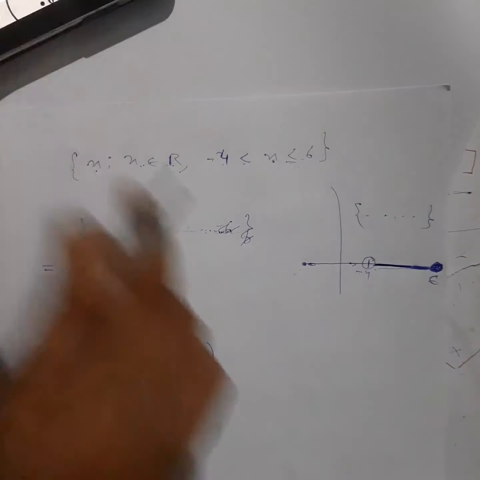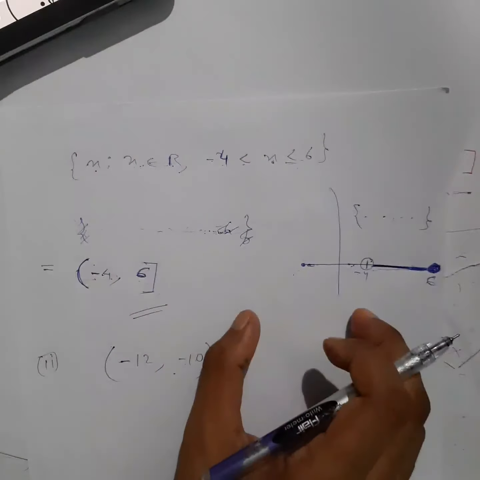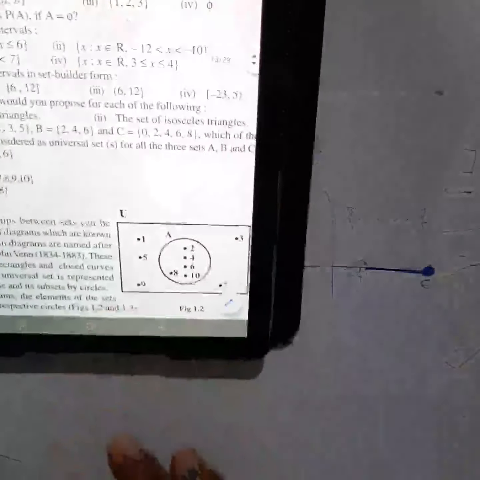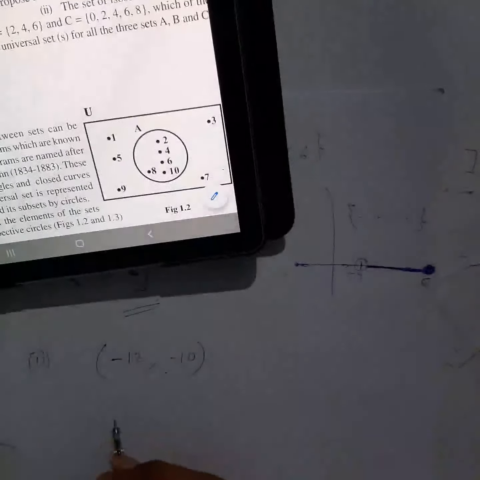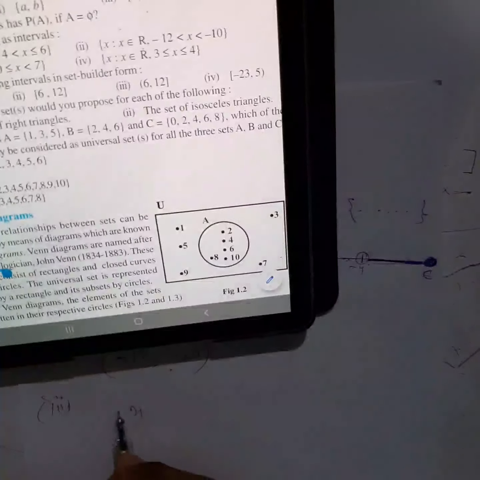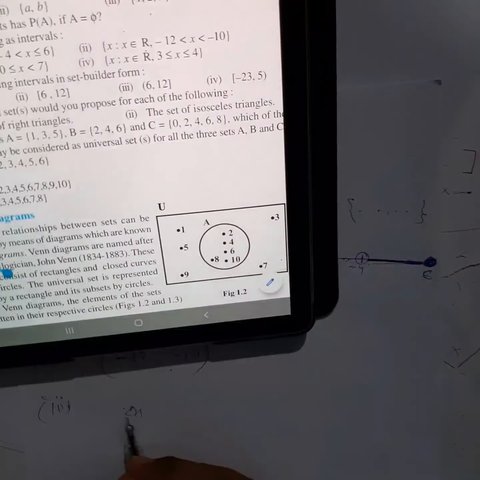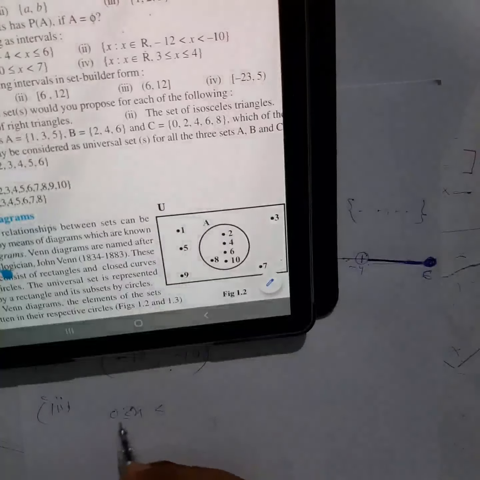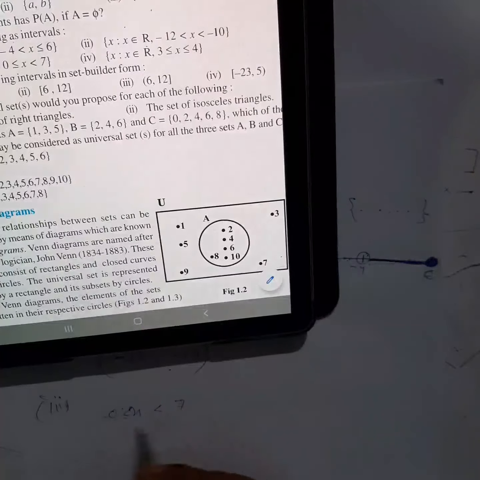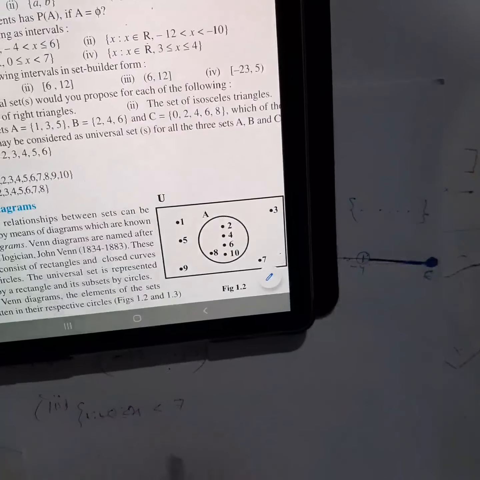Okay, the interval I have already explained: close interval, open interval, and semi interval also. Okay, so number 3, 4, what will it be? In number 3, you can see x is greater than or equal to 0 and less than 7, they have given, right? So what will be the interval here? You write down this one question.